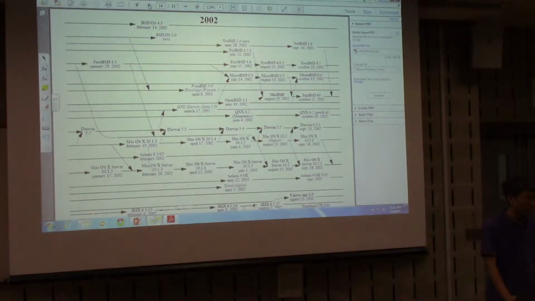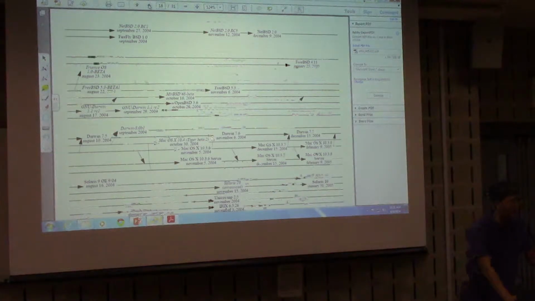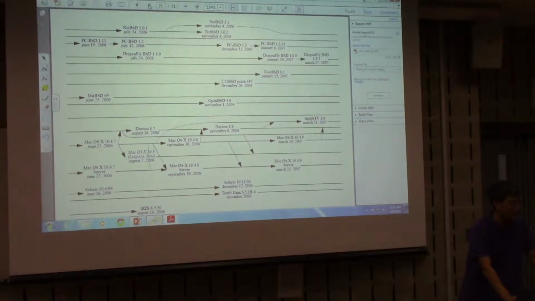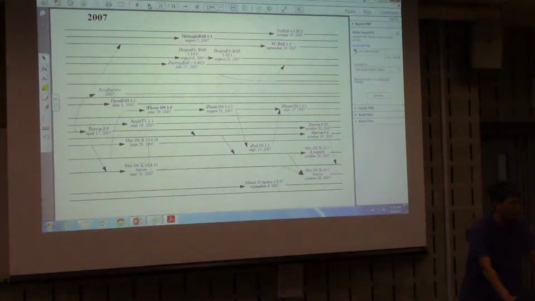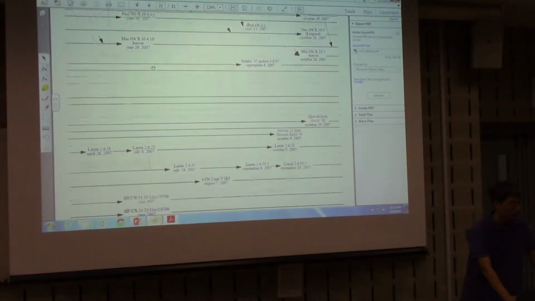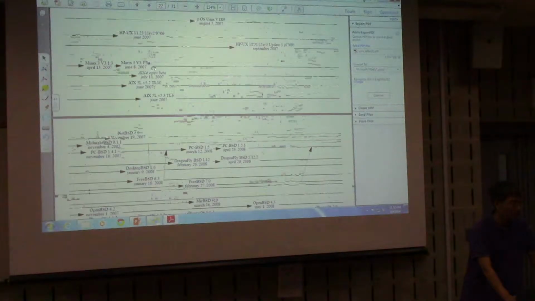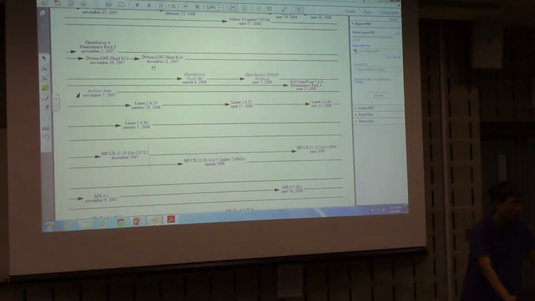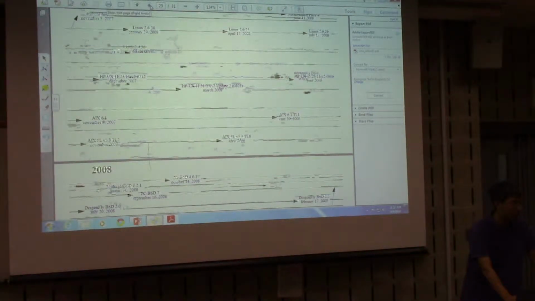1999, 2000, 2001, 2002, 2003, 4, 5, 6, 7. Some of them are already gone. You can see one of the branches of the Unix system is Mac OS. So you can see the Mac operating system, even iPod and iPhone, so it's coming from here, right? And also Solaris, Unix, AIX, okay? Mac OS. What is the current one?